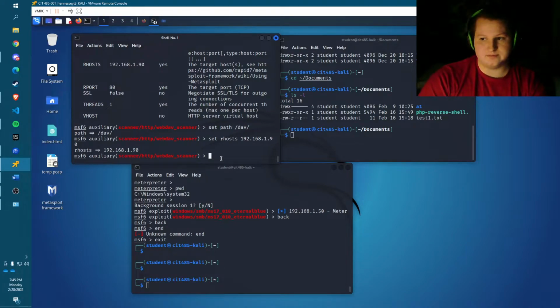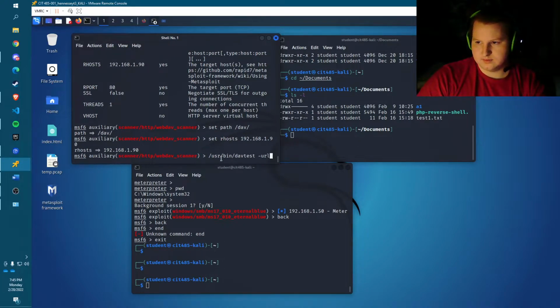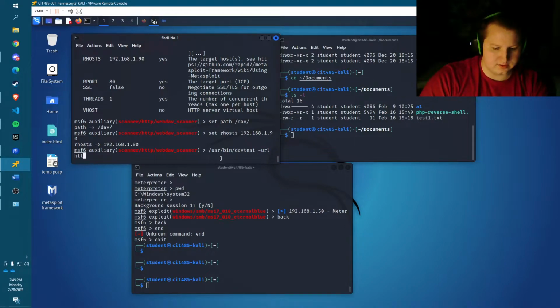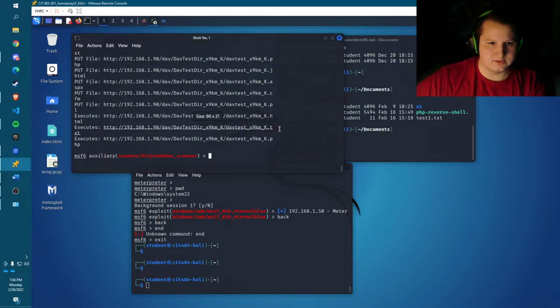to see what type of files it'll execute. The command for that is just /usr/bin/davtest. And then we have to specify the URL. For that, that's just http, and then the IP of the remote server, and then make sure to tack on /dav at the end. Okay, so as you can see,